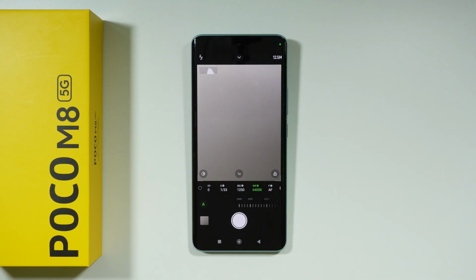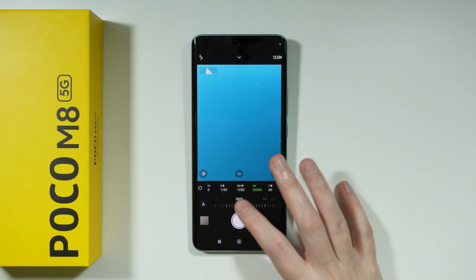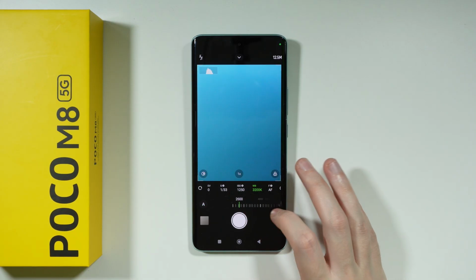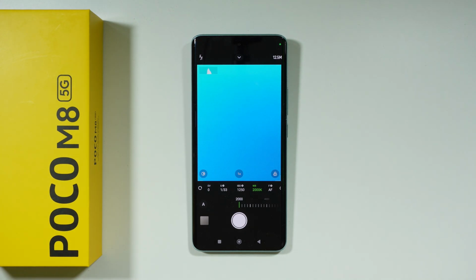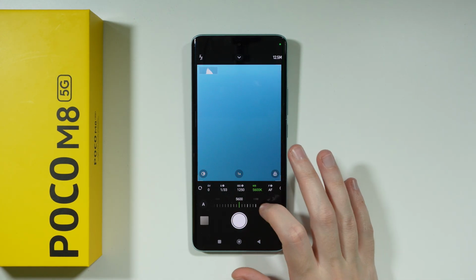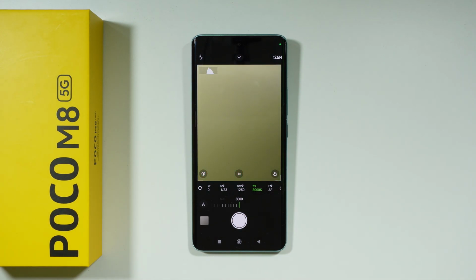We have WB, which is the white balance, and it adjusts the color temperature, so whites look white and the colors look natural. Over here we can move left and right in order to adjust the color temperature. The lower the value, the more bluish the photo will be, and the higher the value is, then the more